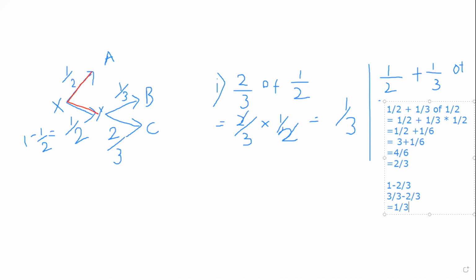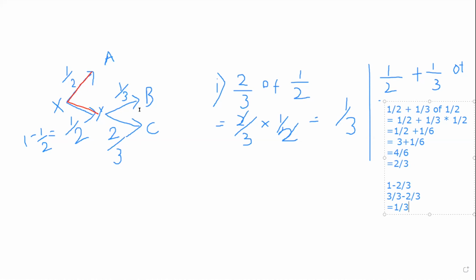So you can see that this is a lengthy method, but if you draw diagrams, you can consider it directly. You can take it directly. You have to consider these branches coming from this. You have to multiply and take the value. Now, if you want to take the real fraction of C, you have to multiply the fraction in this branch, and you have to multiply the fraction in this branch.